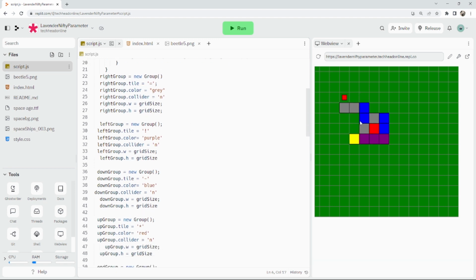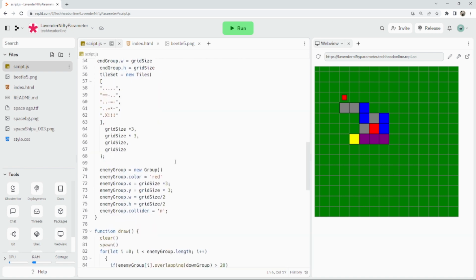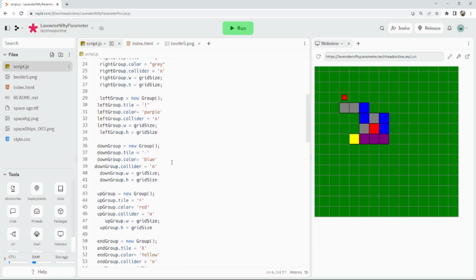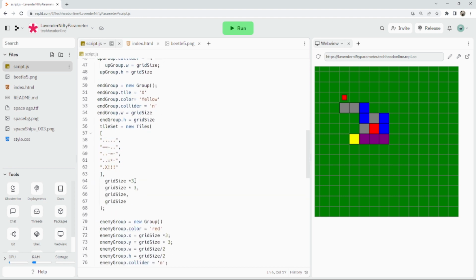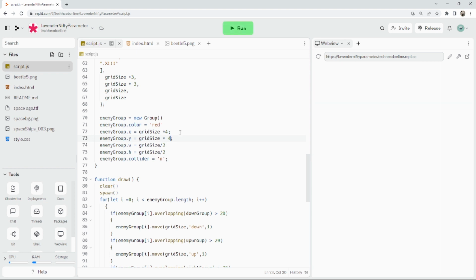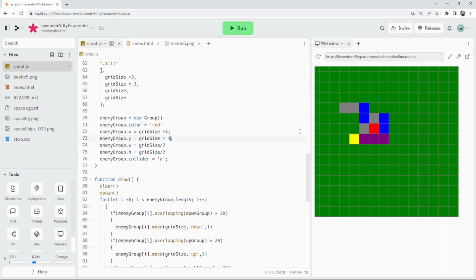So it's a little bit off. I said grid size times 3, so does it need to be 4? When I start that off, the enemy group, should we try that? I could just put a direct number in as well, but let's make our lives easier. Okay, so that's worked. It's a little bit off there because the X is a bit too far across, but